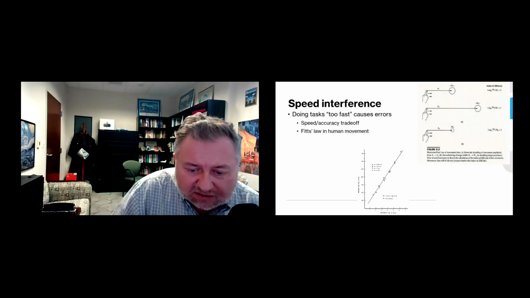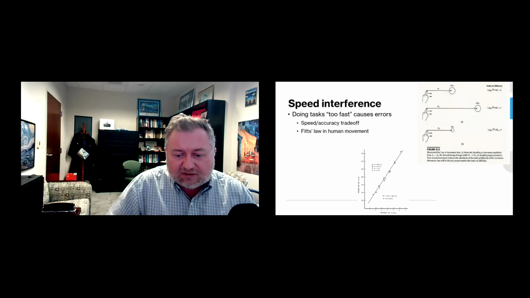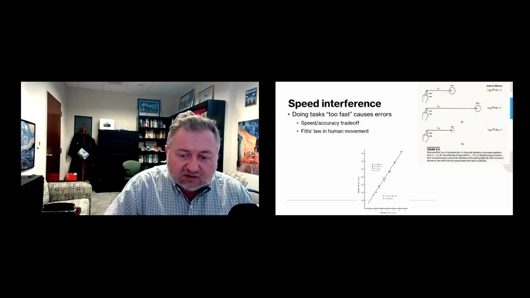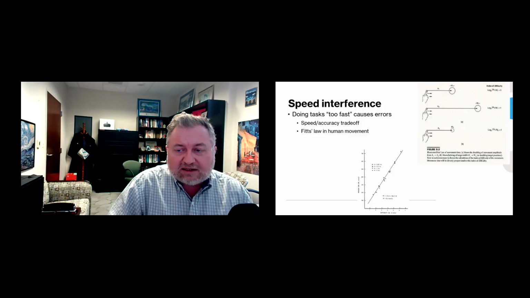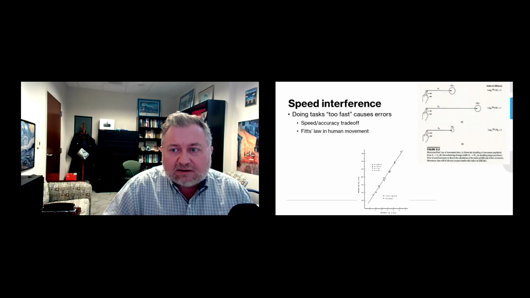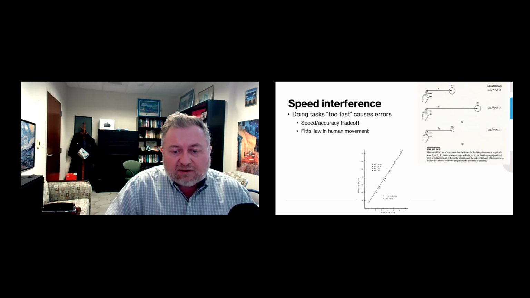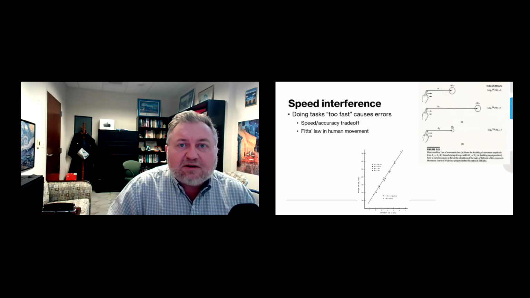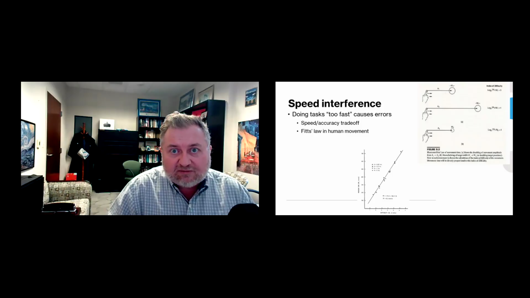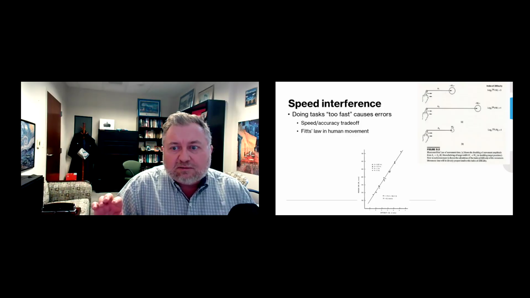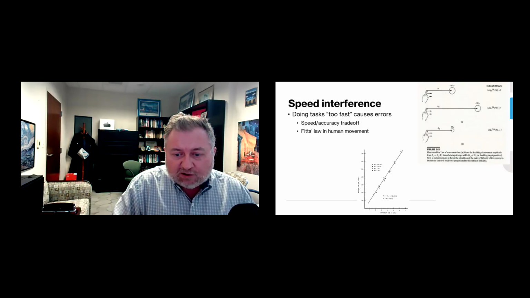And this is the graph from that research down here at the bottom. So the index of difficulty, or ID, is on the x-axis here, and the movement times are on the y-axis. And what we see is that there can be several different stimuli configurations, different combinations of A's and W's that all have the same index of difficulty. And importantly, all of those data points cluster together really close, suggesting that yes, people's movement time is in fact constrained to conform to that index of difficulty value, and they all fall perfectly on a straight line.